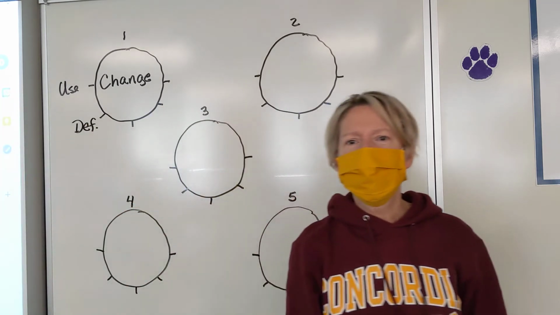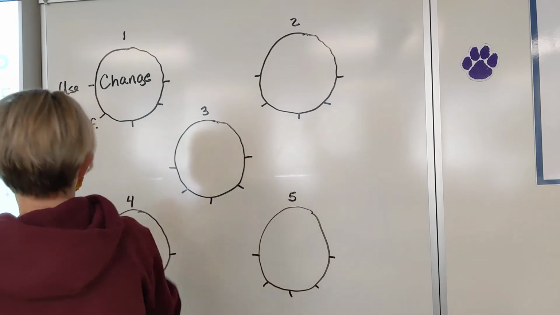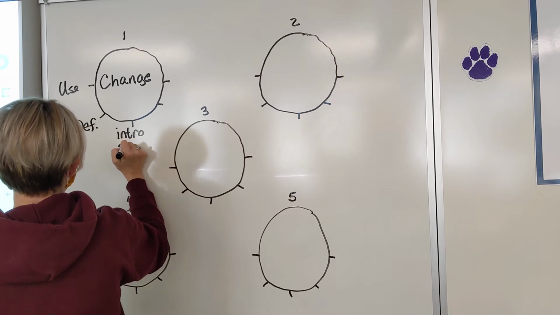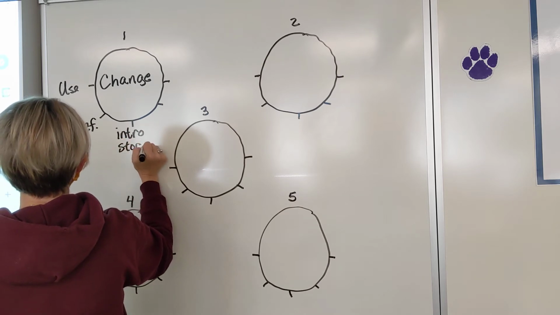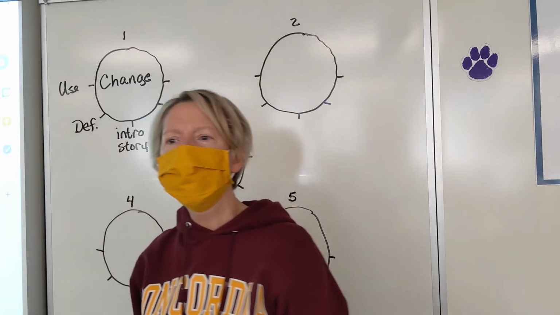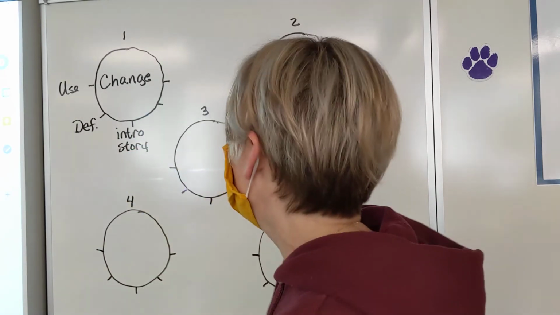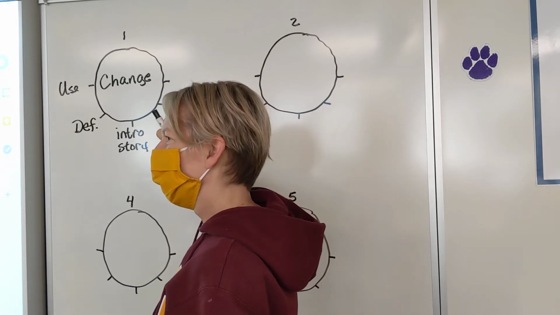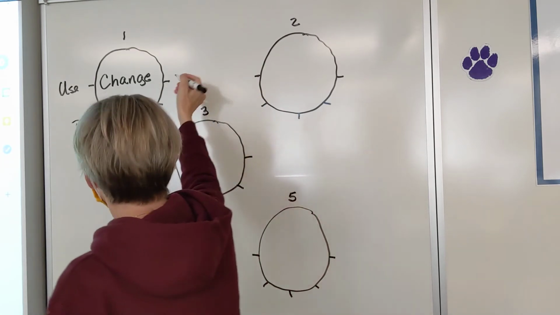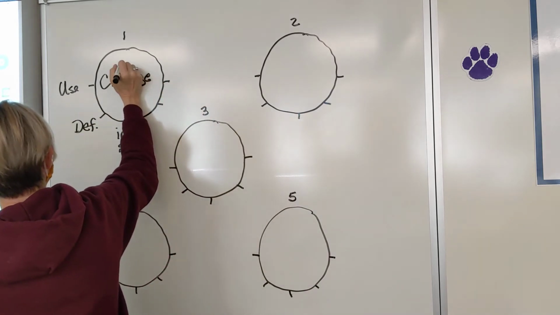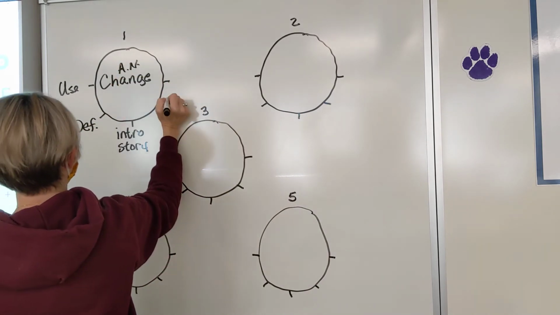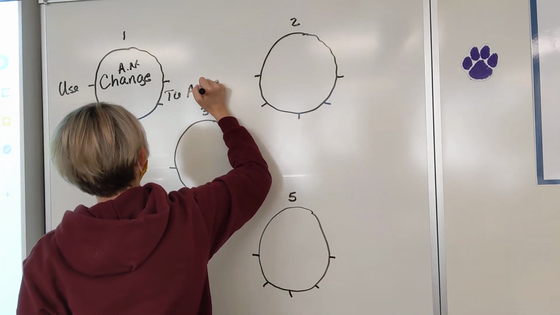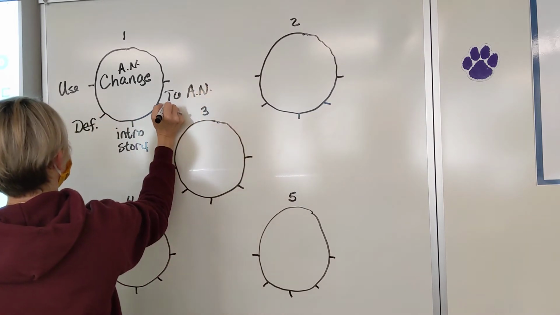What's the next spoke tell us to do, Brooke? Don't you introduce the author of the book? You introduce the author. I'm just going to put here introduce story, but when we introduce the story, we also introduce the author. What's this spoke? This is the hard one that kids forget. Clinton? You connect the abstract noun to the story. You tie, this is your abstract noun, right? Yep. And we have to tie the abstract noun, so we have to tie change to the story.